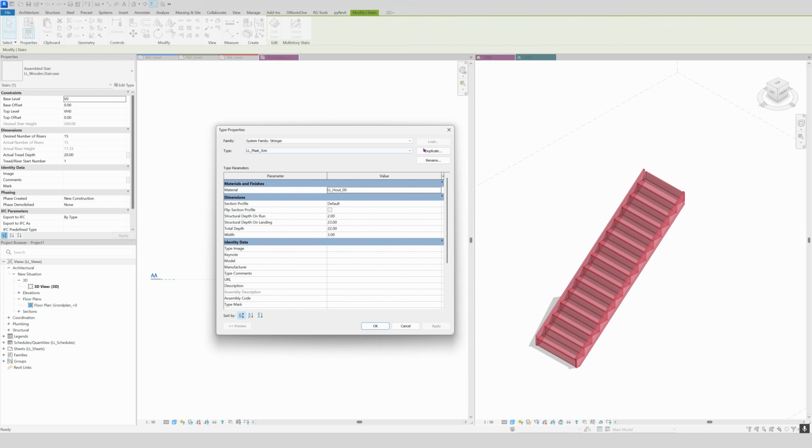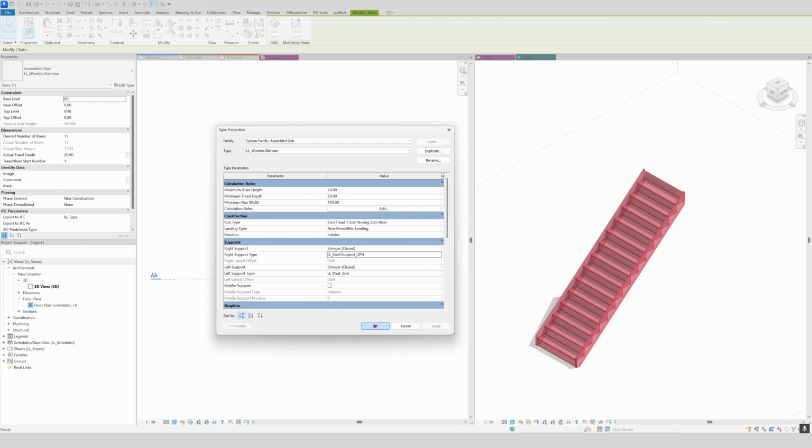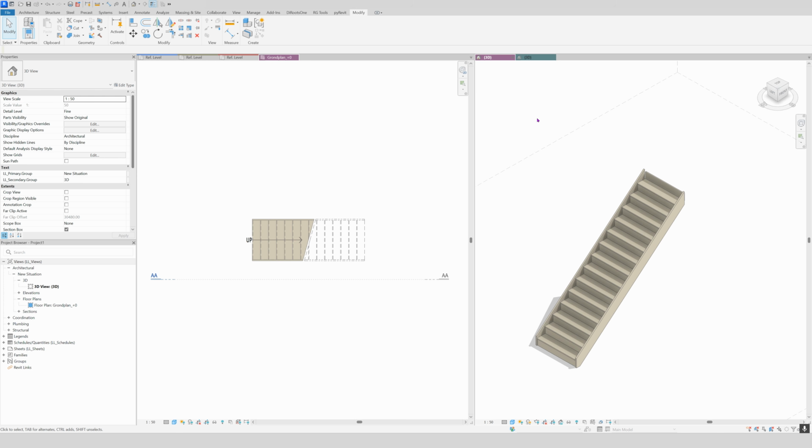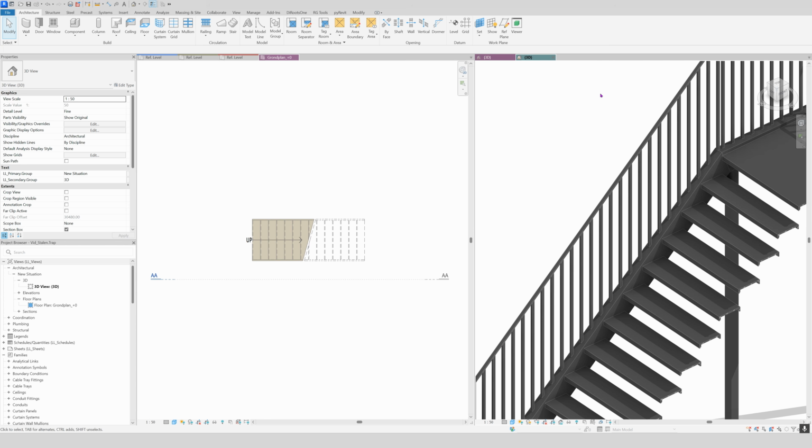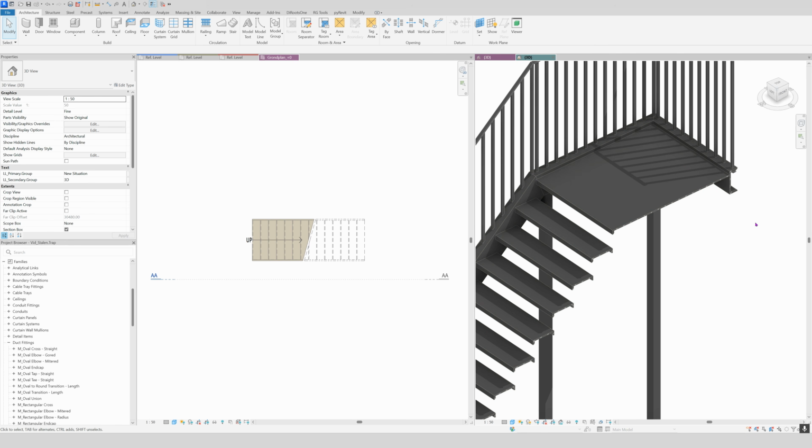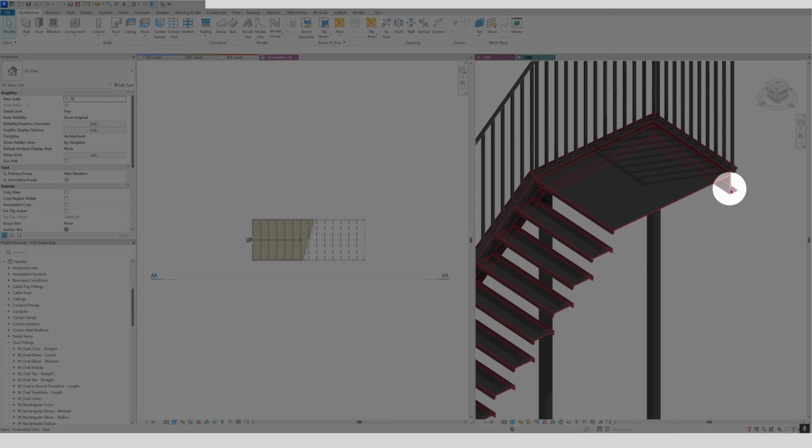For that we also make a duplicate, so I will name it steel support UPN. That's the type. Voila, there you go. I will not change anything yet, so click OK, apply, OK, and there we go. So if we go to our stair model, right here we see that there is a profile attached to get the nice steel